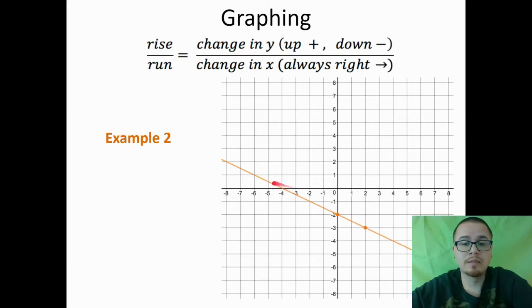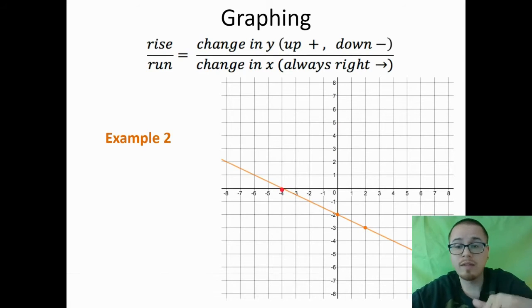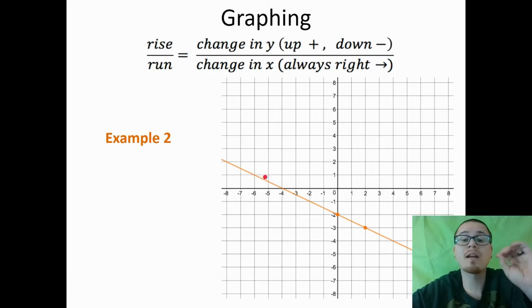Negative slope, got to go down first. You go down 1 over 2 from the pretty points. Now I could mark more pretty points. I see a pretty point right there. I see a pretty point right there. Another pretty point. It doesn't matter which 2 pretty points you go down, because let's say I started here and